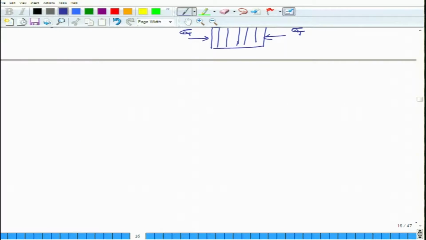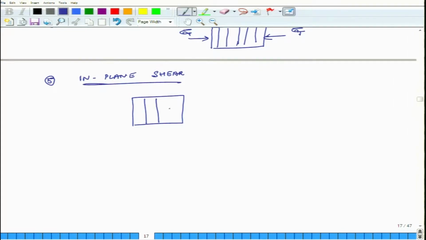And then the next two cases are for shear, and then we have in plane shear. Okay. So, what does that mean? I have fibers, let us say they are aligned like this, and I am applying shear forces like this. So, these are the 5 scenarios. There is a 6th scenario, if we have time we will cover that also, but these are the 5 important